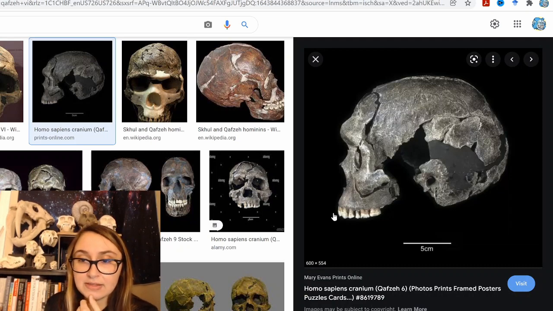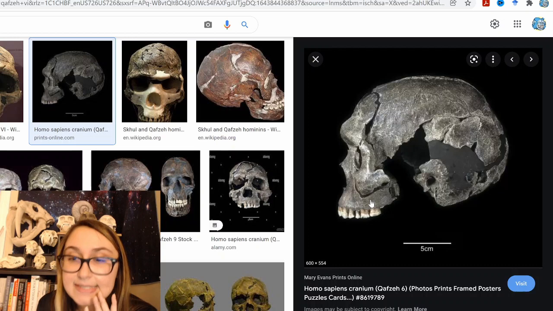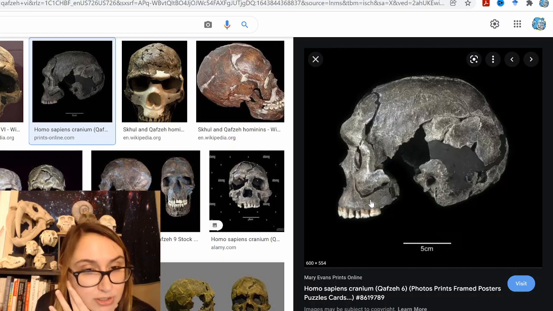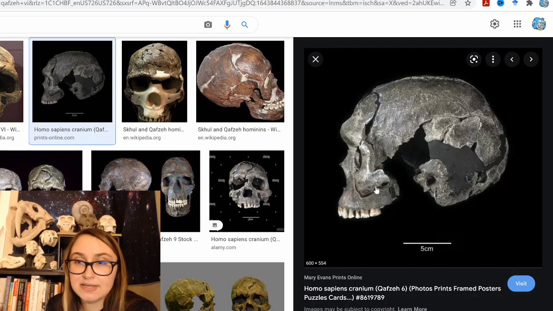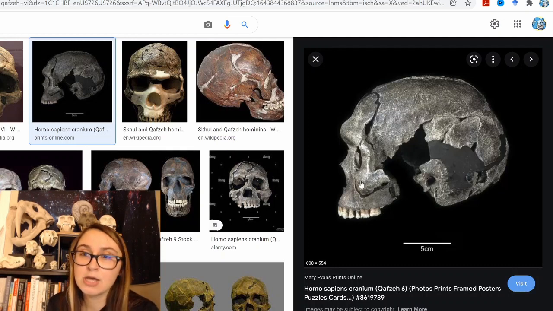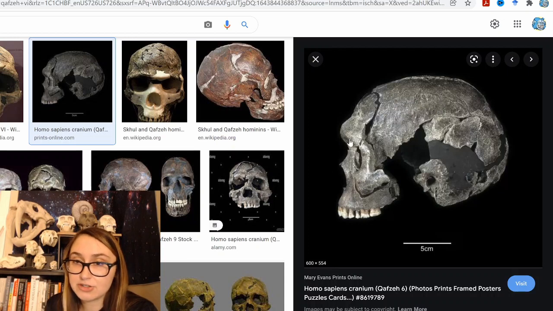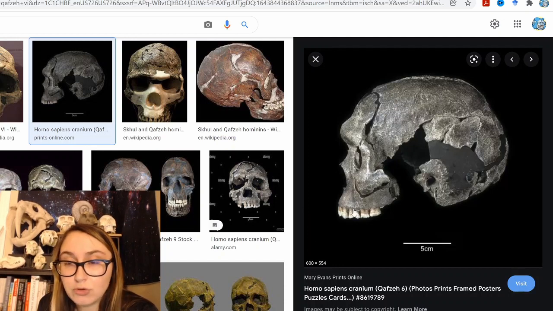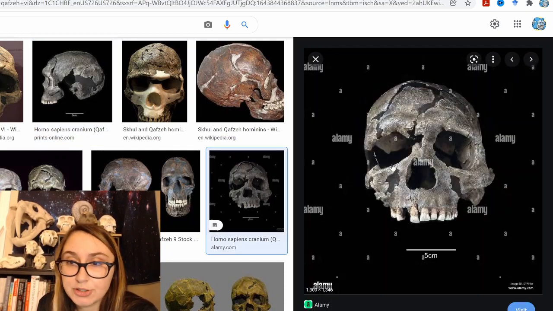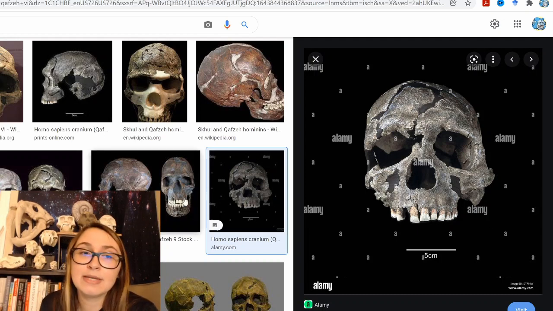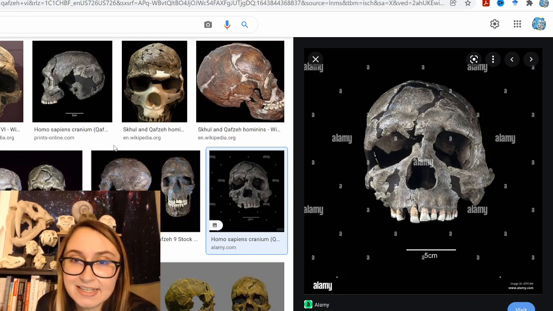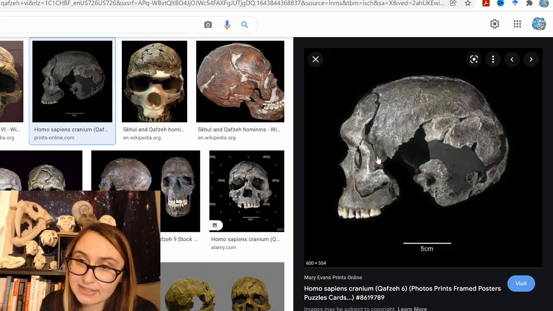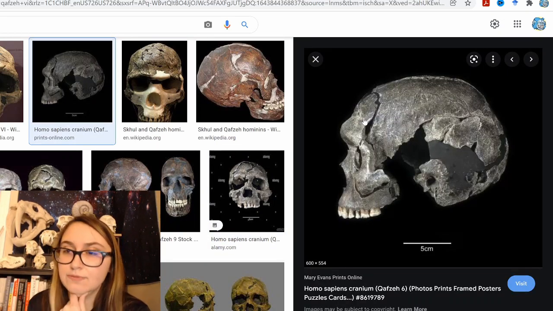Here is the other one that they list, which is Qafzeh 6, which I'm almost certainly mispronouncing. And again, this one to me looks even more Homo sapiens than the previous one. Sideways zygomatics, not very prognathic, even less so than Skull 5. It has a brow ridge, but it's got that vertical forehead that doesn't slope backwards as much. Nice globular shape again. No occipital bun. No beveled wear on the incisors. The nasal aperture is not enormous. It has a canine fossa. I mean, guys, come on. This does not look like a Neanderthal, right? It's not a Neanderthal, and it's not a mix of human and Neanderthal traits.